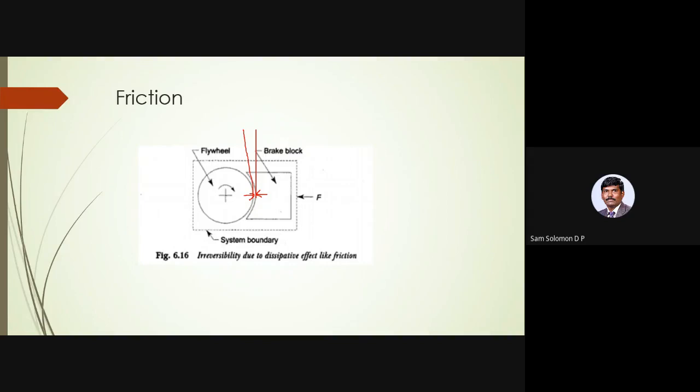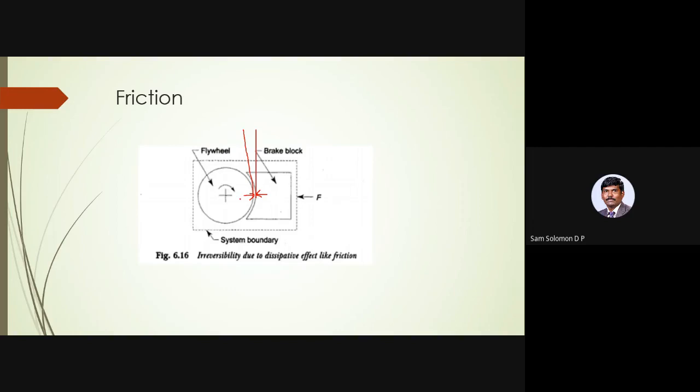And if you look at the braking action, it is not going to take 5 minutes or 10 minutes. It's not even going to take 30 seconds or 40 seconds. It's going to be very quick. The braking action is very quick. So the heat transfer during the braking action is also very, very small. So you can neglect the heat transfer as well. Okay, at the instant of braking action, your heat transfer can also be neglected.